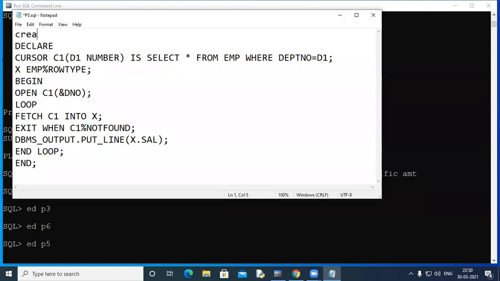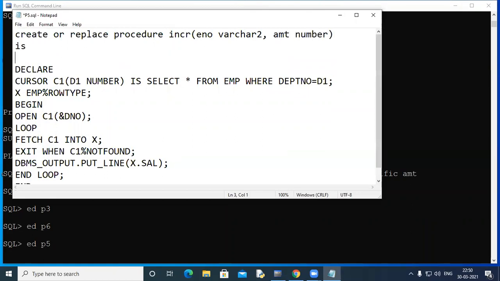So we need to write create or replace procedure INCR, say ENO. You can write, you see now again, I can write varchar2 here. I'll come back to it. I can write amount number, okay, is, then some declaration I'll see.